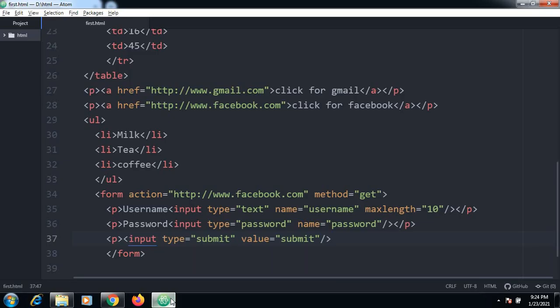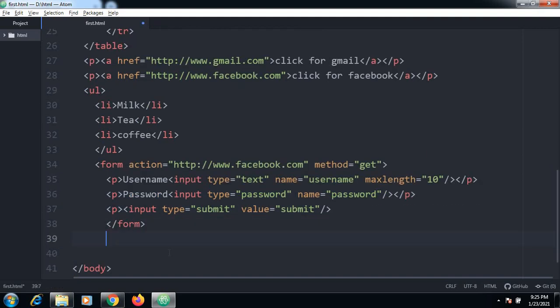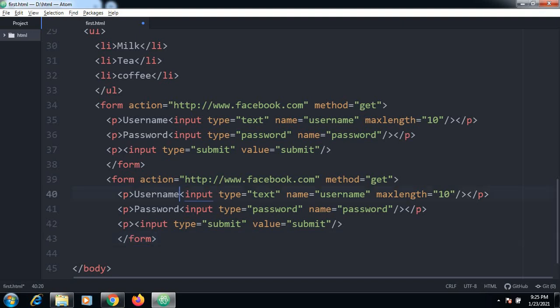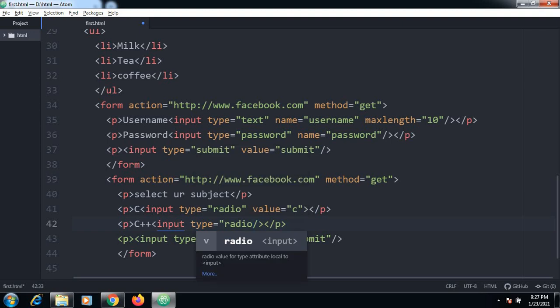So after that we have radio buttons also. What is the use of this radio button? I will just copy this content. We'll discuss the radio buttons. So username, now I can have certain things like some options. So select some subject. Select your subject, you can say. So value, you can say that it is C++.